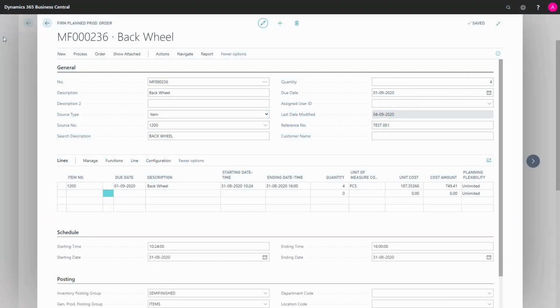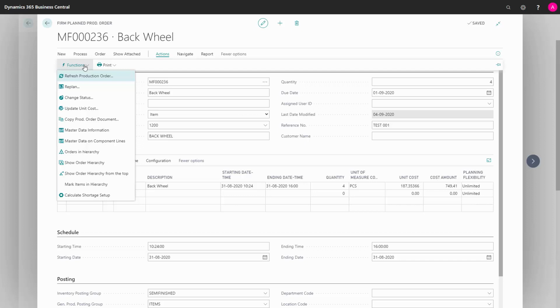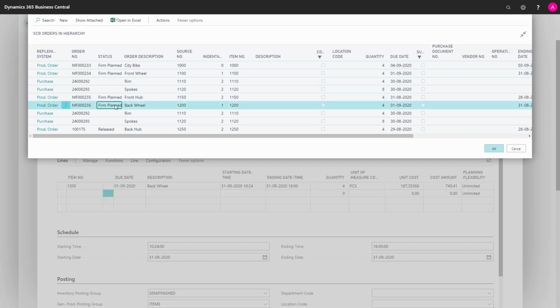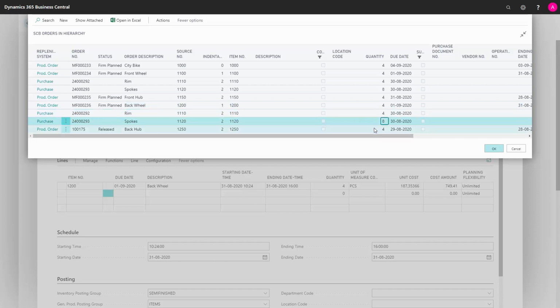In the order hierarchies that I've created, I can work with parts of the hierarchy and create and refresh or delete parts of the hierarchy. So if I'm looking at this item, which is order number 236, it's part of a hierarchy on a city bike, which is my top level order 33, and the order I'm working with here is a back wheel. And I can see the quantity of 4 and depending quantities 4 and 8 on my lower level production order